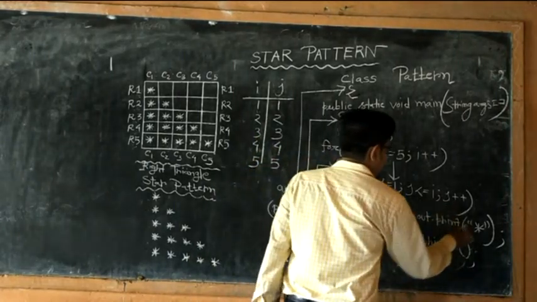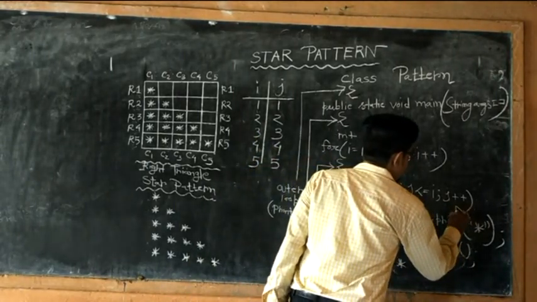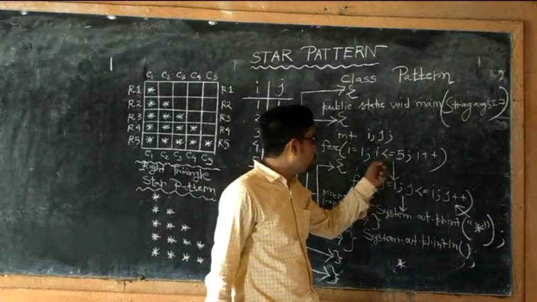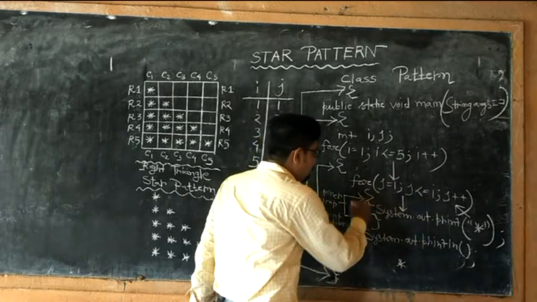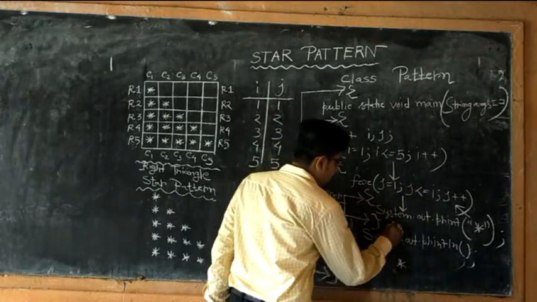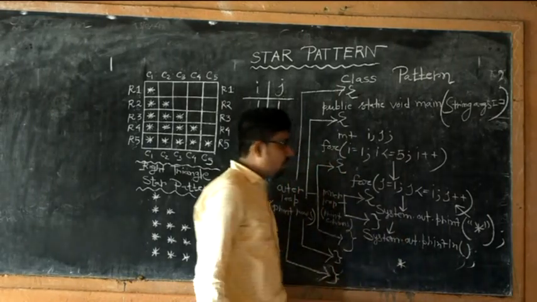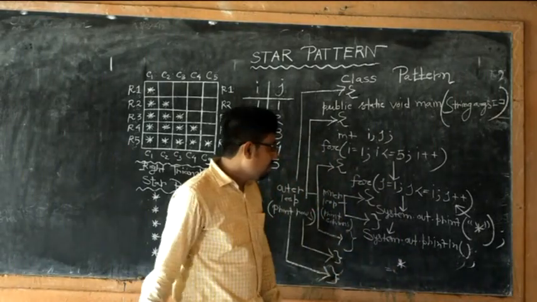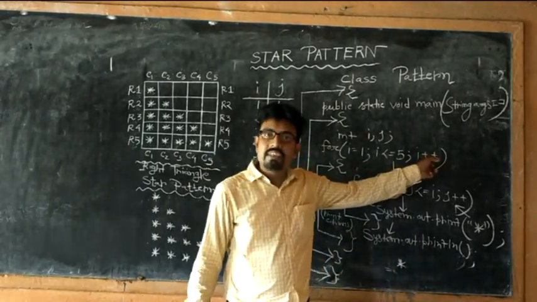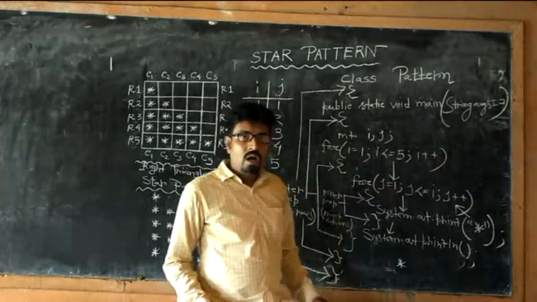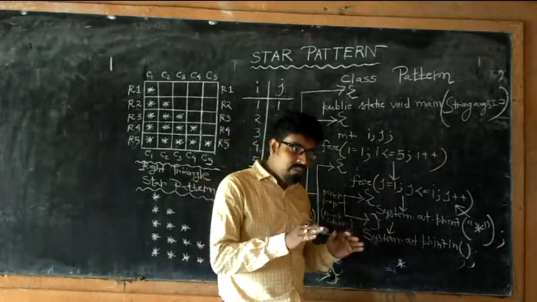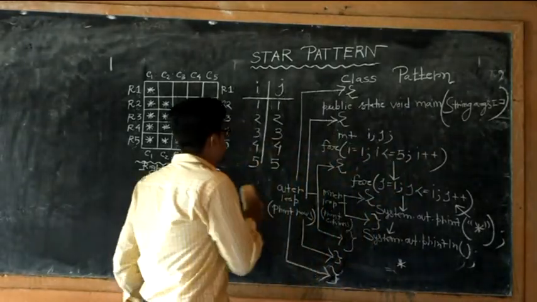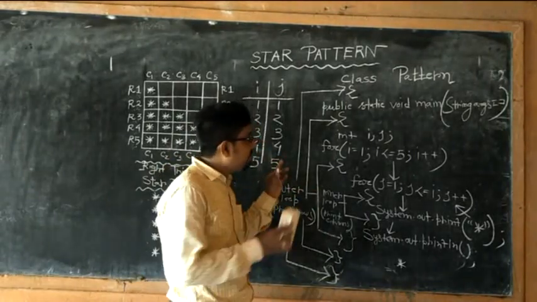Now j plus plus. After printing it will come here to j plus plus. The j value is becoming 2. 2 less than or equal to i value 1, condition false. Then it will come to the System.out.println section, and your cursor comes to the next line. Then your i value should increase. i plus plus, now it is becoming 2. How will this operation be performed inside the program? Okay, we are going to learn these things today. Let's start, and now I am going to represent this inside this program.